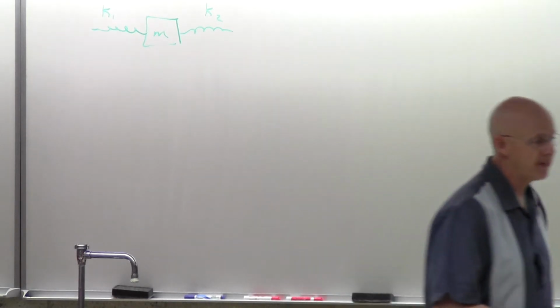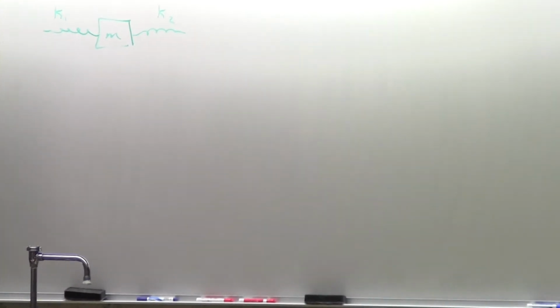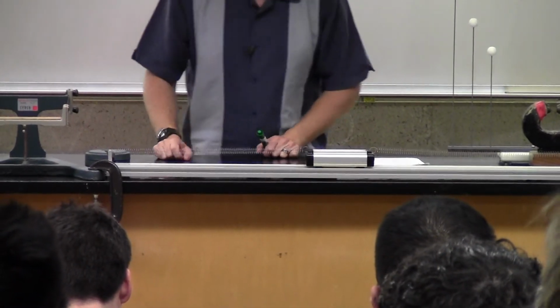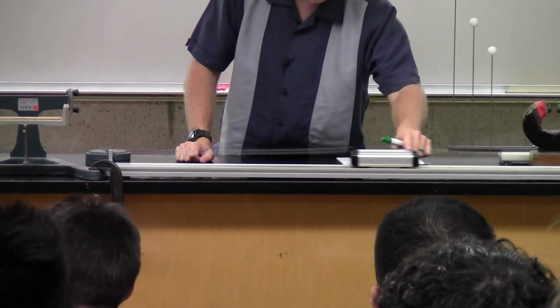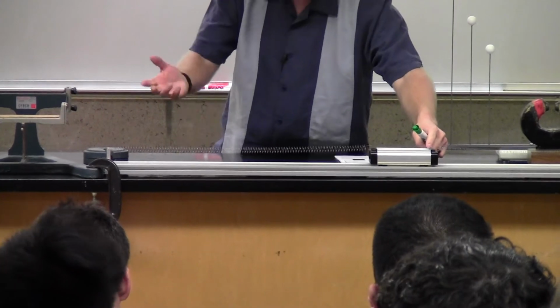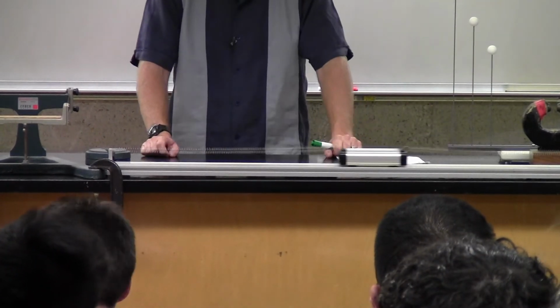What happens there? And it probably doesn't surprise you that I have one right here. Here is spring number 1. Here is spring number 2. Not necessarily identical springs. That's why I put k1 and k2. And if I pull it slightly to the right or left, your right, and let it go,